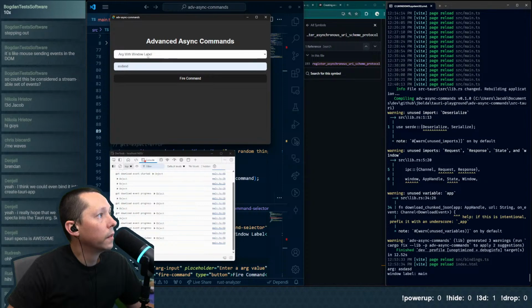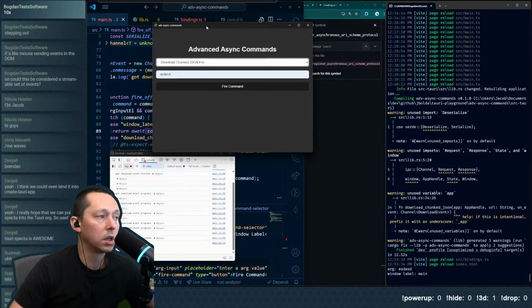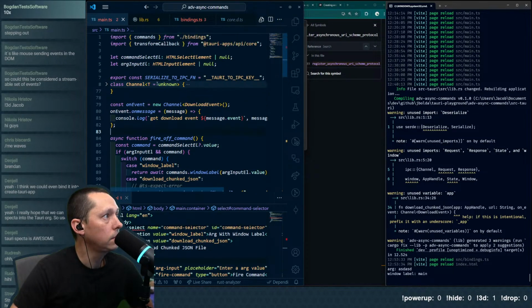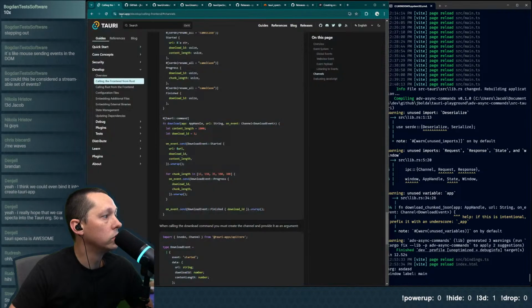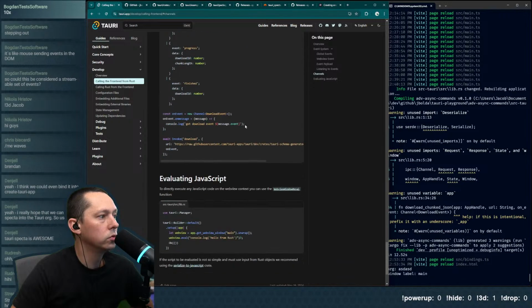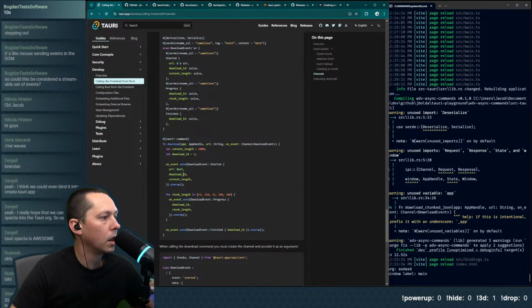And then the other command that we got working was the download chunked JSON file. This is ripped pretty much exactly from the example in the channels documentation. So if you look at Tauri app and calling the front end from Rust, we have a section on channels. Channels allow you to have more control over when we're sending events to the front end to process.